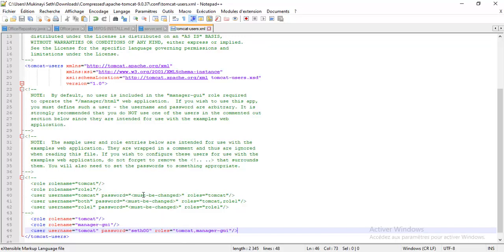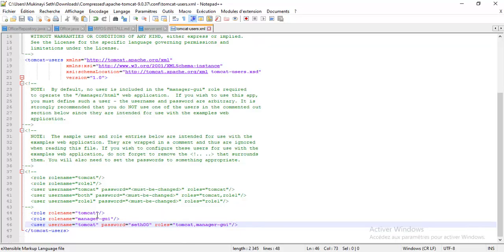So with this setup, I got a username, which is Tomcat. I got a role, which is Tomcat, and then I got another role, which is manager GUI. And I assigned those roles to the Tomcat user, which is Tomcat, and then the password, I got this password. And then for the roles, I provided Tomcat and manager GUI. Okay,